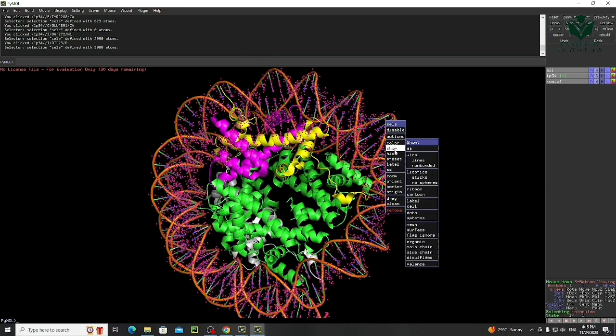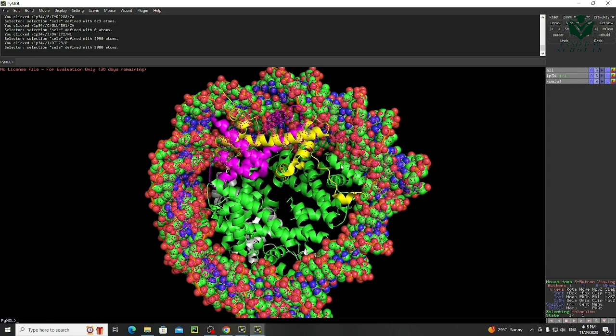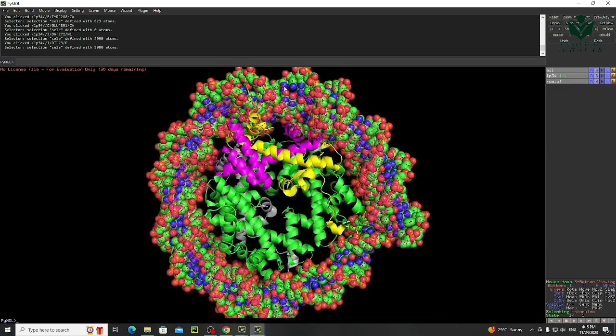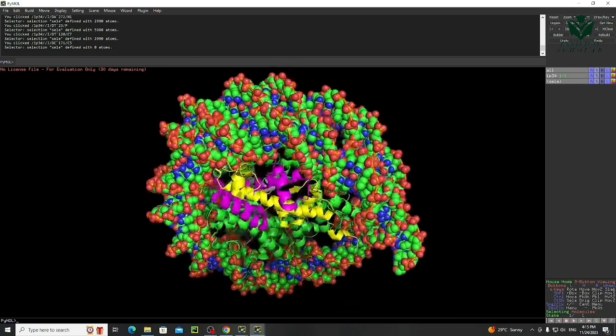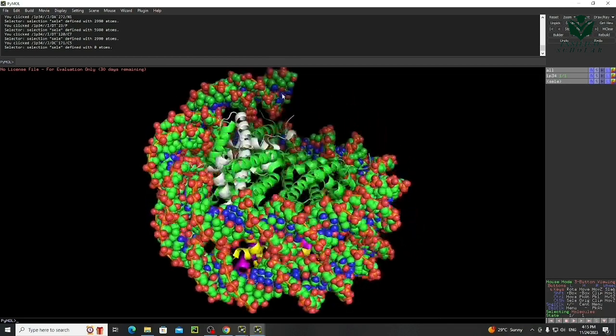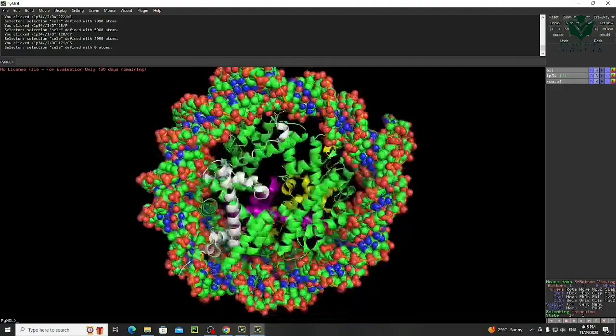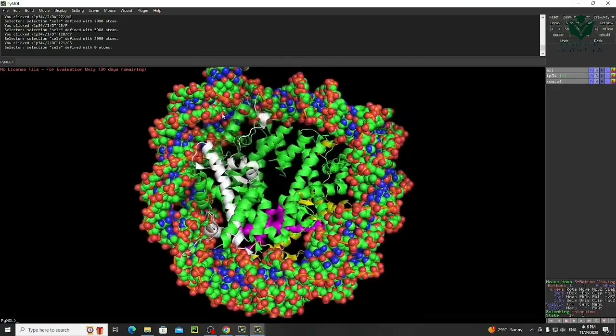In conclusion, Pymol empowers scientists and researchers to visualize and comprehend the intricate world of molecules, unveiling insights that drive groundbreaking discoveries. Whether you are a student, a researcher, or simply curious about the molecular universe, Pymol opens doors to